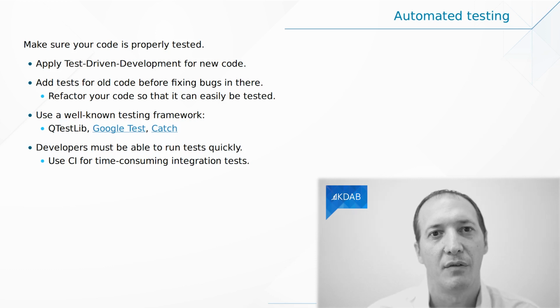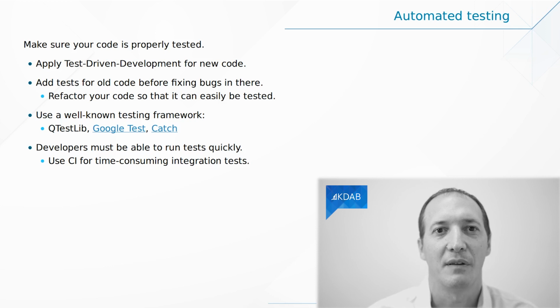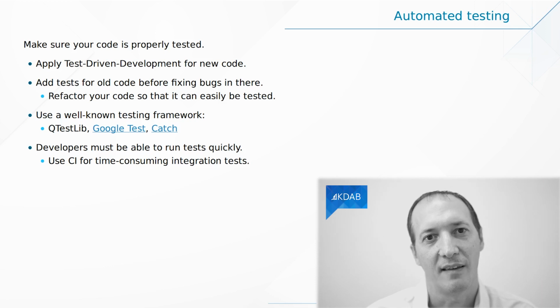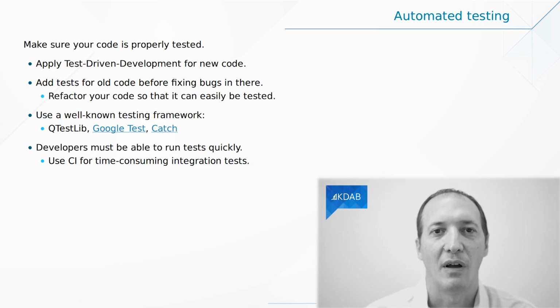The test should fail, then you fix it, and then it passes. It's a very good idea to add full unit test coverage for classes that you are going to rewrite or refactor, so that you don't introduce regressions compared to the old code. To do this, you can use one of the existing unit test frameworks. As a Qt developer, I know especially QtTestlib, but you can also use Google Test or Catch, and there are actually many others. The goal of those is to save you time because you don't have to set up everything so that you can write a test, make sure that all the test methods are called, how to handle failures